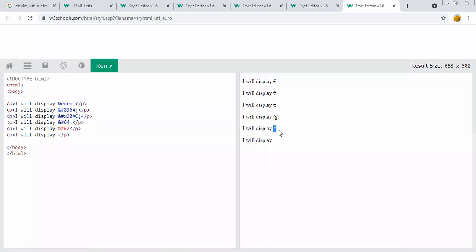Okay, so whenever we want to display a particular character or special symbol, we can use the HTML code to display that symbol on the web page.